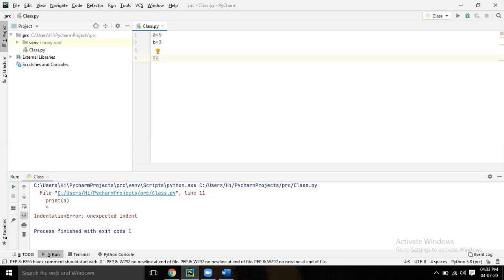Write the question. Print the value of a square plus b square plus 2ab.